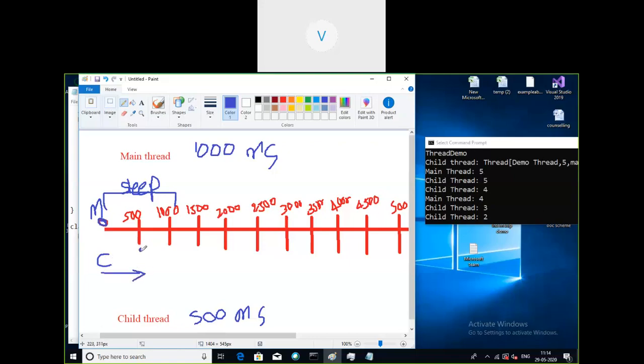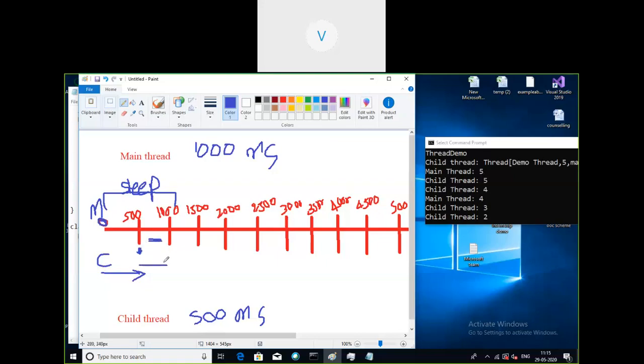And after 500 milliseconds, in this time duration the main thread is still sleeping, because from here to here the main thread will sleep. But in this time duration, after 500 milliseconds, the child thread will execute. So from 0 to 500, the child thread will execute.